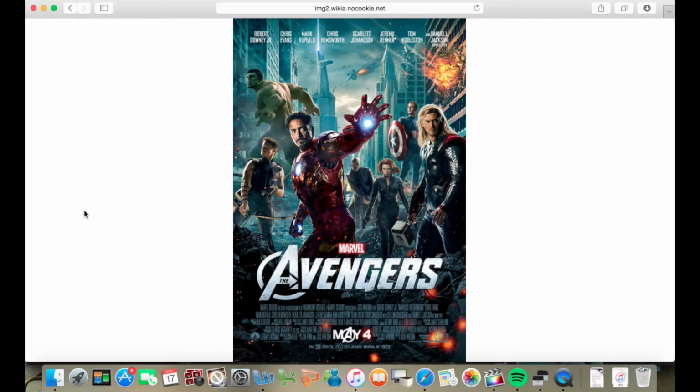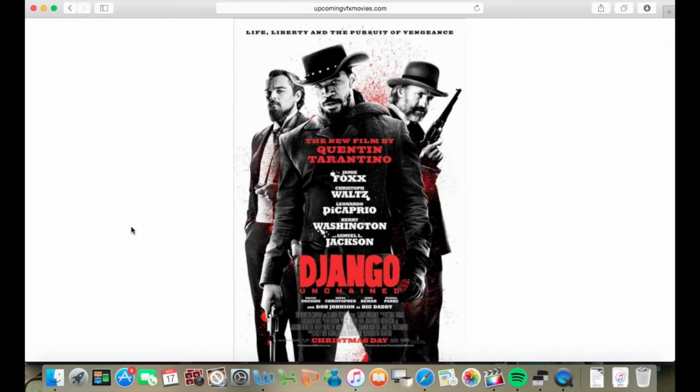The next poster I'm going to be analysing is the Django Unchained poster. This is quite different to the Looper and Avengers posters, as it's got a lot of different aspects to it. You can see all the characters are in black and white. There are fewer characters than on the Avengers one, but more than the Looper one. You've got the different text written in red, which also blends in with the blood splatters on the poster. You've also got no background to it really, which the other two posters did have.